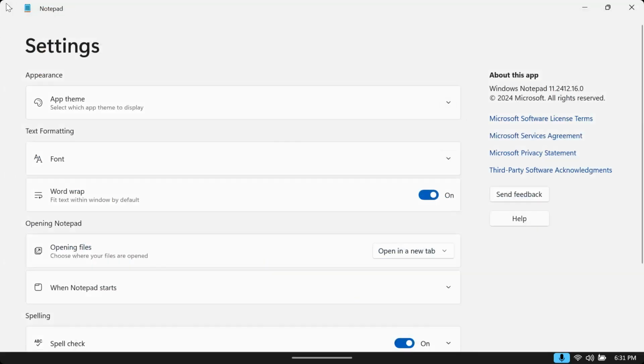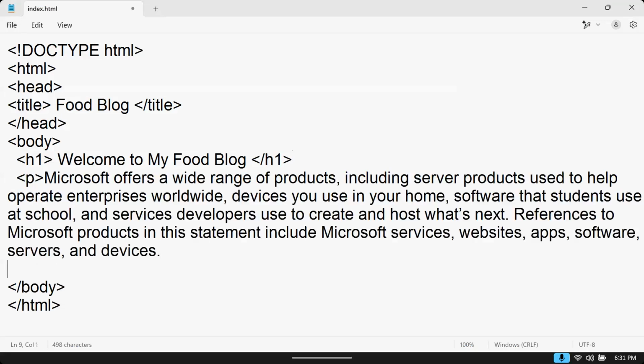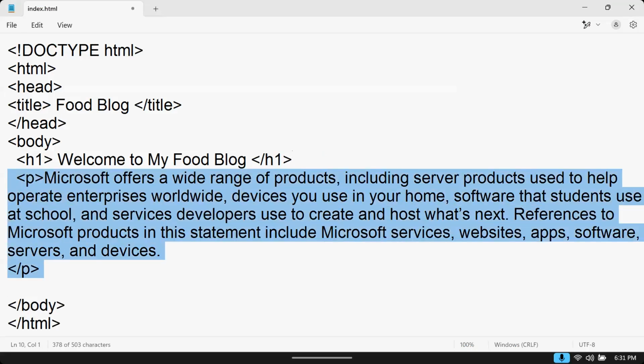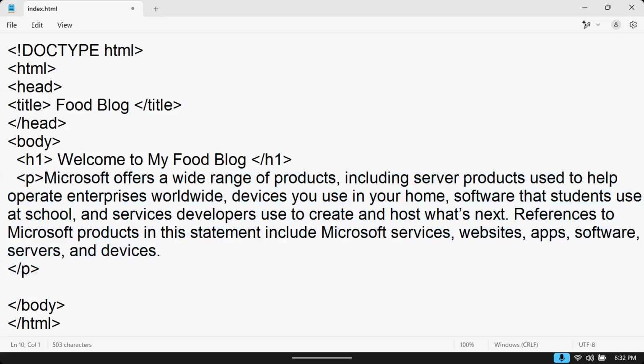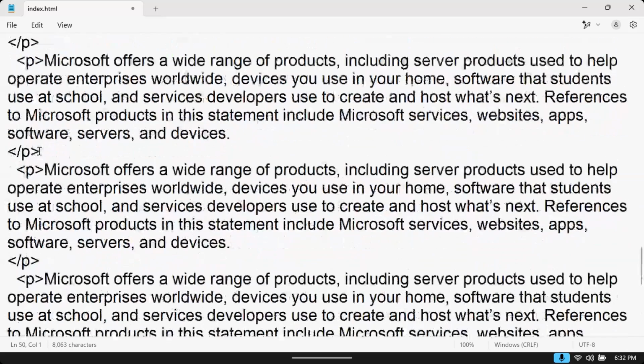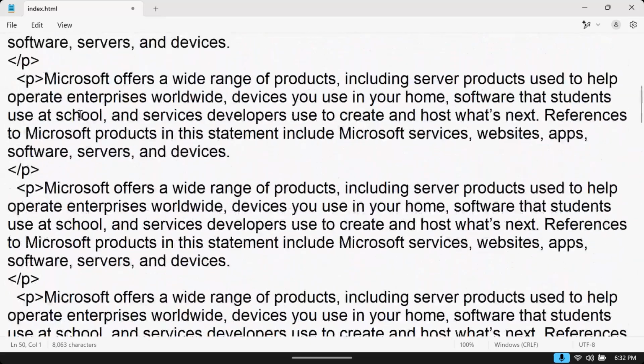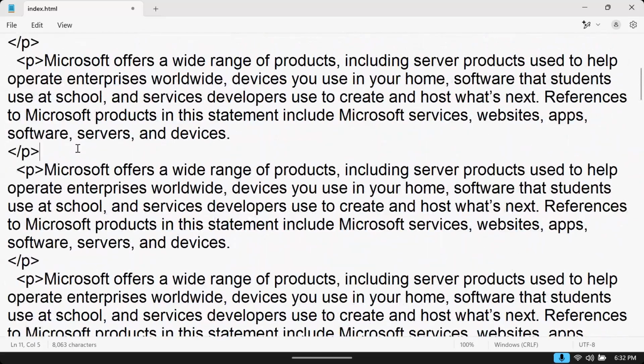Actually, what I am doing is, this is the index page. In that I have a paragraph. I am designing one paragraph. So many paragraphs of information are there, and somewhere in the paragraphs here,